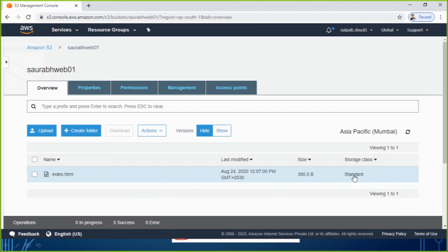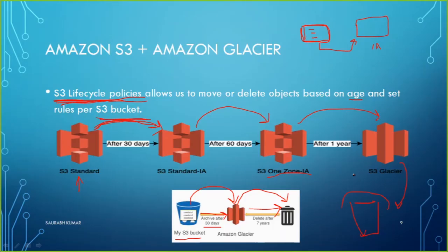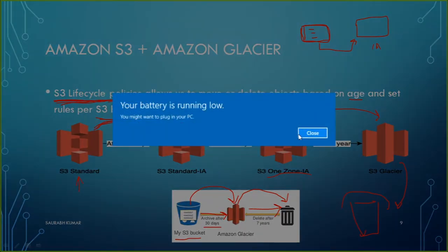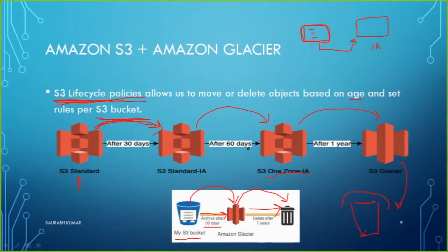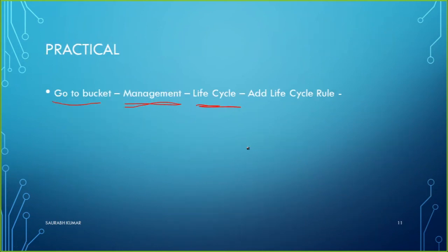So this was something about S3. It was related to S3 lifecycle policy management. I have shown you practically how to implement it. You can set maybe first transition you want to set for this, then maybe for this, and then you want to go for the recycle bin or expiration. Here the name was expiration, or maybe you want to just go with it like this. You can define any of them. So we have seen the practical part of it.